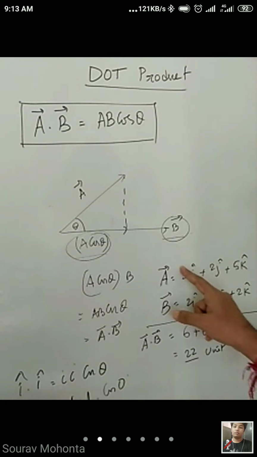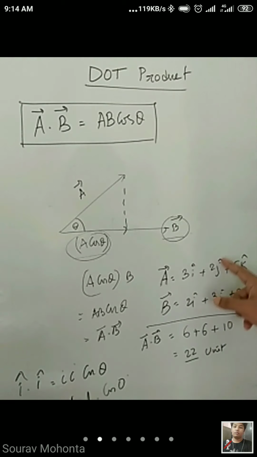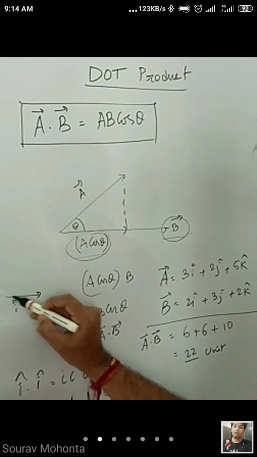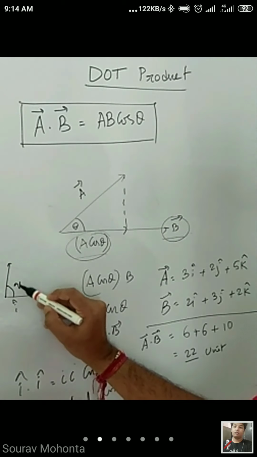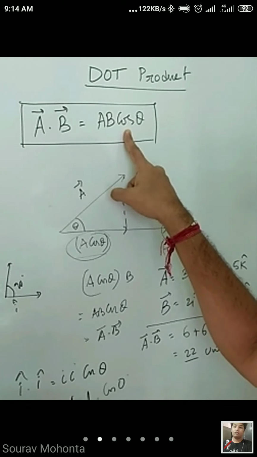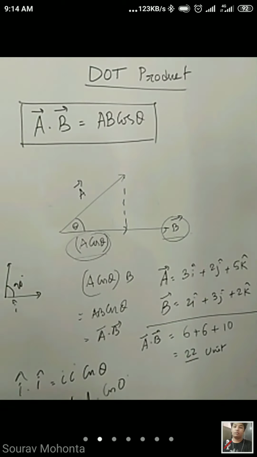And all these cross terms, that means i dot j, j dot i, j dot k, k dot i, will be 0 because the angle is 90 degrees. If you take i dot j, i means the x-axis and j means the y-axis, so the angle is 90 degrees. If you make them a dot product, cos theta will come and cos 90 is 0. So all the dissimilar dots, i dot j, j dot k, k dot i, will be 0